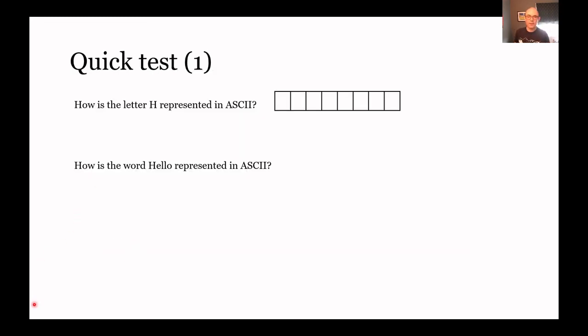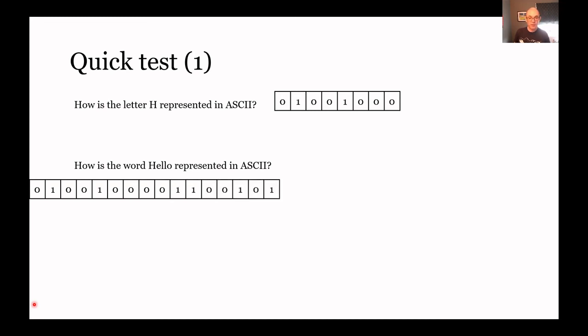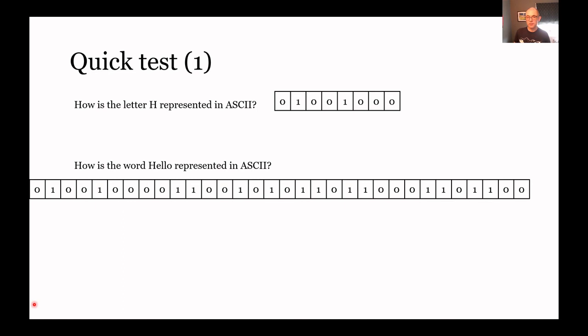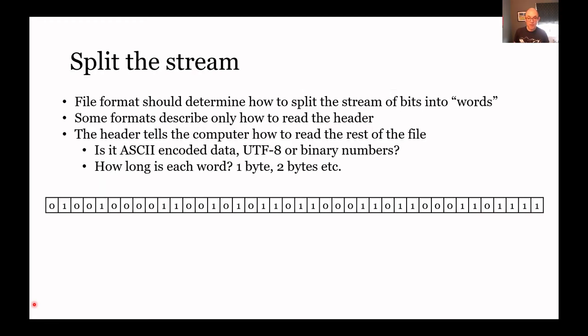So that's fine. Let's just quickly look at what's happening when we encode text. So how do we write the capital letter H in ASCII? It looks like this. So that's a string of bits stored on the computer, and that's an H. Good. And then if we want to write the word hello, we need an H, and then we need a lowercase e in this case, and then an L, and an L, and an O, and it's a very long string. All of that is required to store the word hello. So it's on the computer, stored like this in one long string,